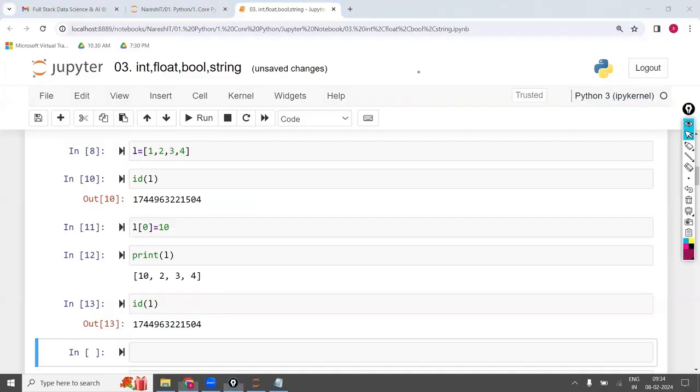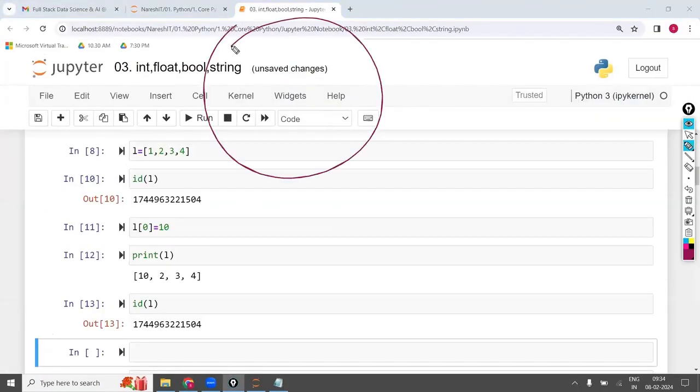What happened in the backend in this case? It first created 1, 2, 3, 4 and gave it the name L. Once this was completed, I asked for the address and it gave the address. Then it went to L and within L replaced the value with 10. What is this? Don't ask now, you'll understand later. When it replaced, it went into the original object and replaced inside the original object.